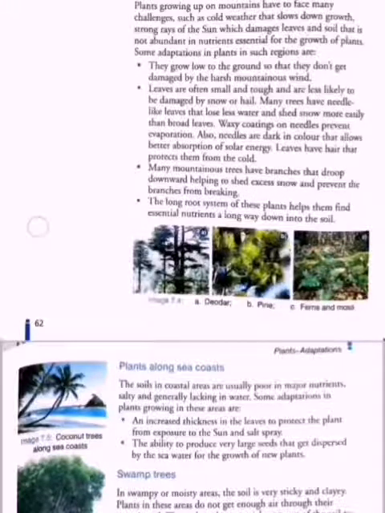Many of them have needle-like leaves that lose less water and shed snow more easily. A waxy coating is present which prevents evaporation, and also needles are very dark in color so that the absorption of solar energy is better. Also the leaves have hair which protects them from the cold. Then many mountainous trees have branches